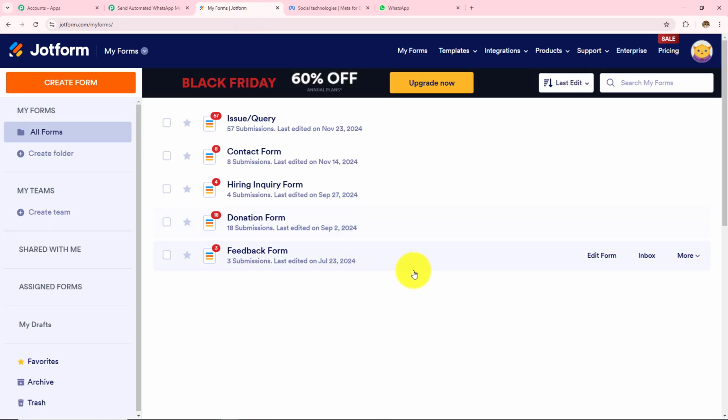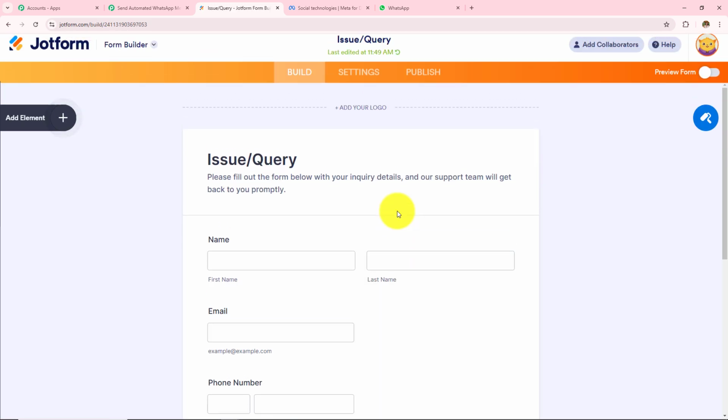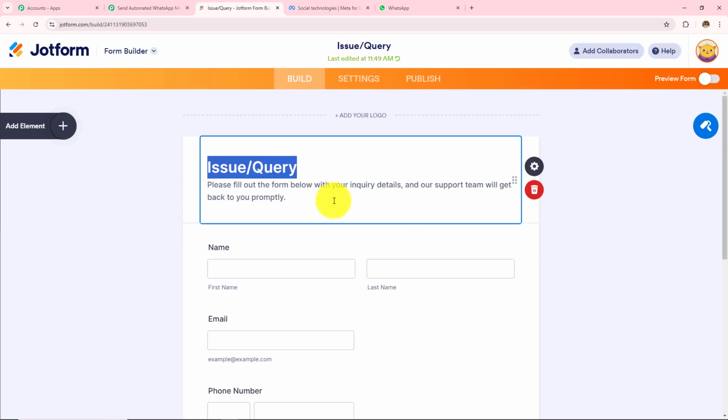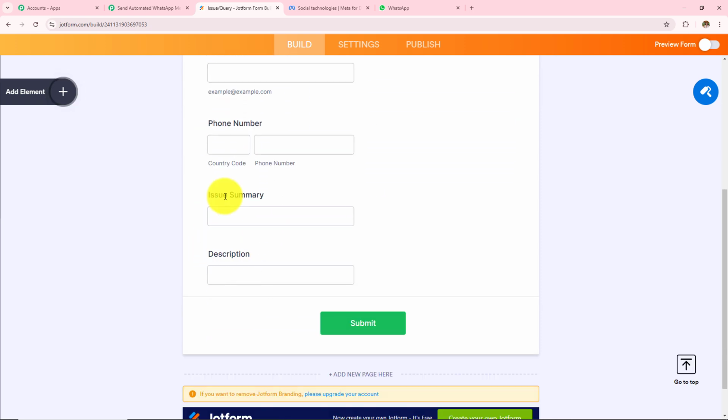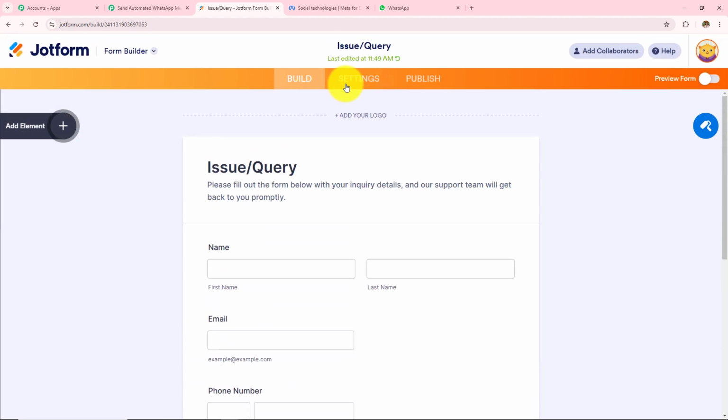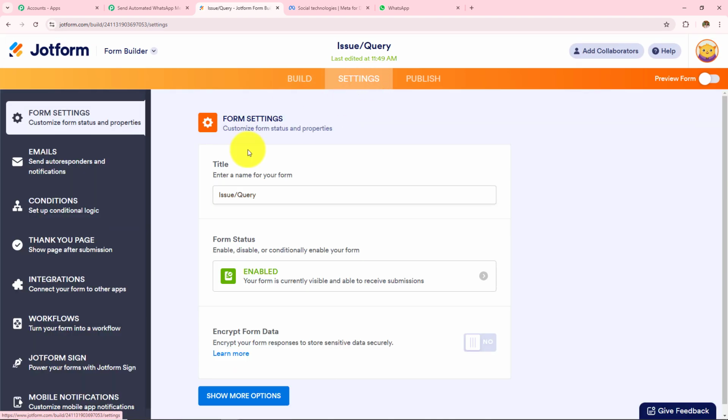Jotform. So this is my Jotform and these are the forms that have been created. I want to use this issue and query form. For that I have to go to this edit form. And then here in this issue and query form, I have all these fields: name, email, phone number, issue summary and description. So now to make this connection, I have to click on this settings option, and over here on